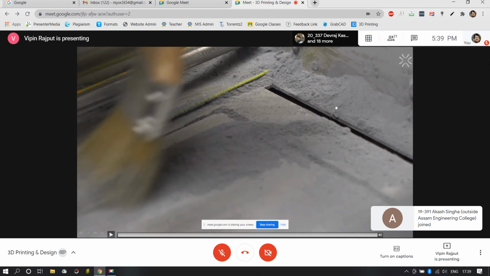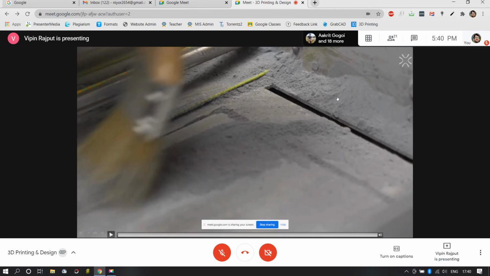So the whole conclusion for this particular process is that there is no amount of wastage. Let's say your model requires 101.45 grams of material to be utilized in printing. That means 101.45 grams will be the only material utilized in printing. Not even 0.01 gram of material is utilized in constructing any other thing. So 0% wastage, 100% efficiency.